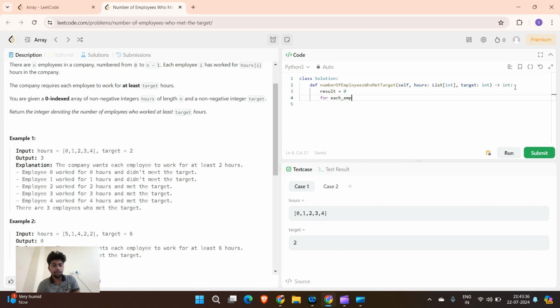Each employee index will get the hours. So instead of this, we'll do a range of hours. Then, for each employee